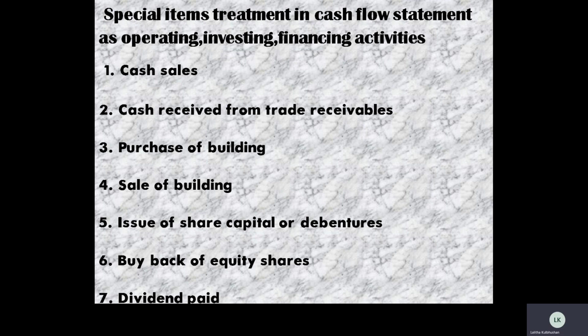So we can say that dividend paid is called a financing activity, because this dividend paid, or even interest paid, means actually we have taken up a source of finance. That is the reason, as a cost of the debt, we are supposed to pay either the interest or the dividend. Hence dividend paid is a part of a financing activity, as it's an outflow of cash, so it has to be deducted in the financing activity.